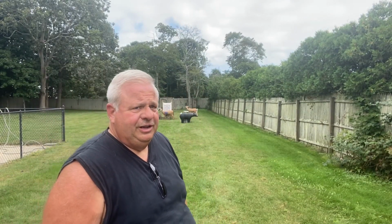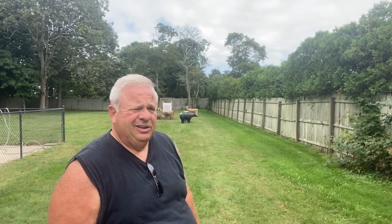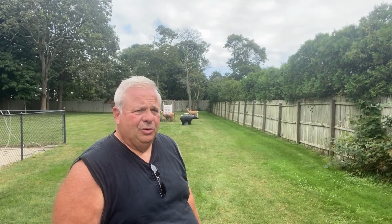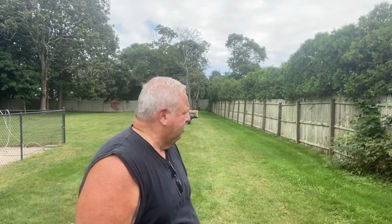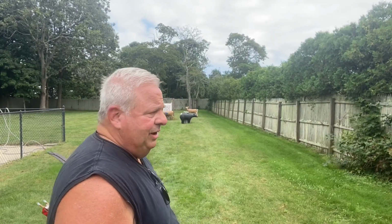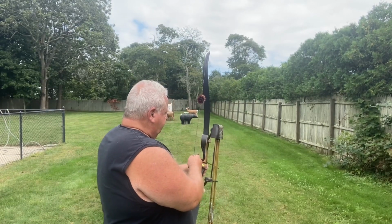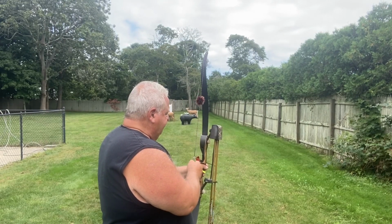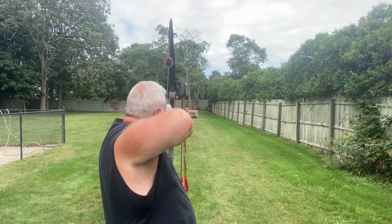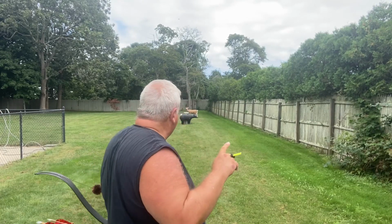Okay, so the deer at 25 was 3/4 down. And now we're going to shoot the bear, okay? And we're going to try going down an inch because we're getting closer, okay? So I'm going to go an inch, put the point on the bear, and we're going to see how it hits, okay? Bear's 20 yards. Okay, it's right there. I'll walk the camera down and show you. But I want to speak about